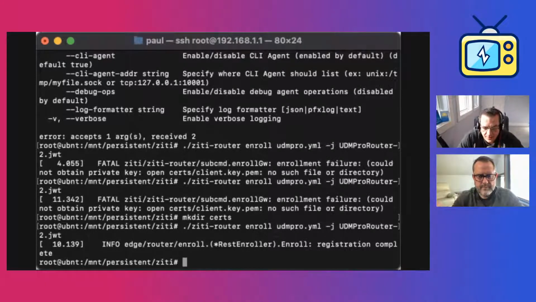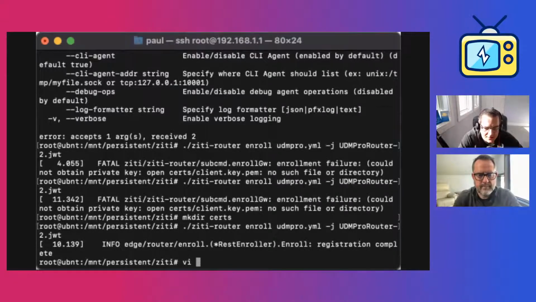Back in Mattermost, I'm going to give you another thing to copy. And I think I have to change this to UDM Pro.yaml. Yup. All this is good. Yes. Okay. Copy. Paste. There you go. All right. Copy that. And then over here on the right-hand side, we're going to vi